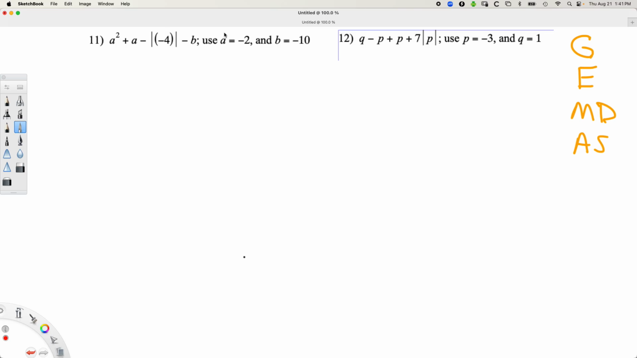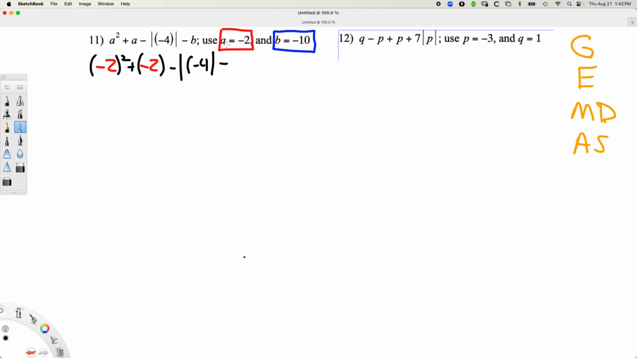it has some variables in it. A is -2 and B is -10. So the very first thing I'm going to do is write down the equation, but every time I see an A, I'm going to write down -2. And this particular one is going to be -2 squared plus another -2. And because it's negative, I'm going to put it in parentheses just so I don't get confused, minus the absolute value of -4